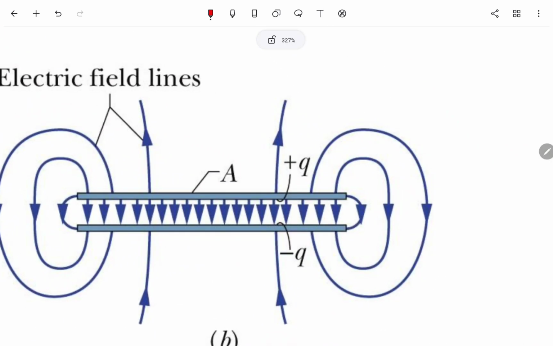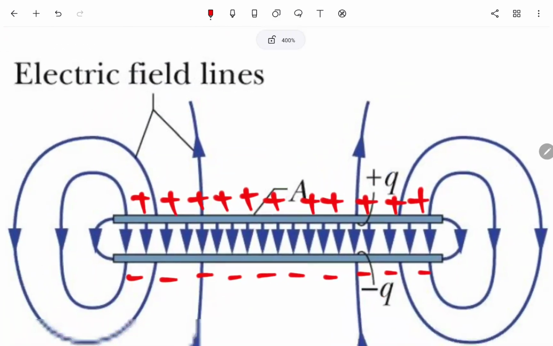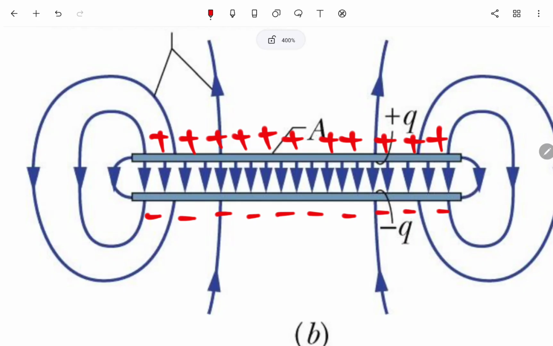The charge on the top plate should actually be uniformly distributed, but I'm too lazy to draw that. At the very least, the idea here is that it will generate an E field uniformly,